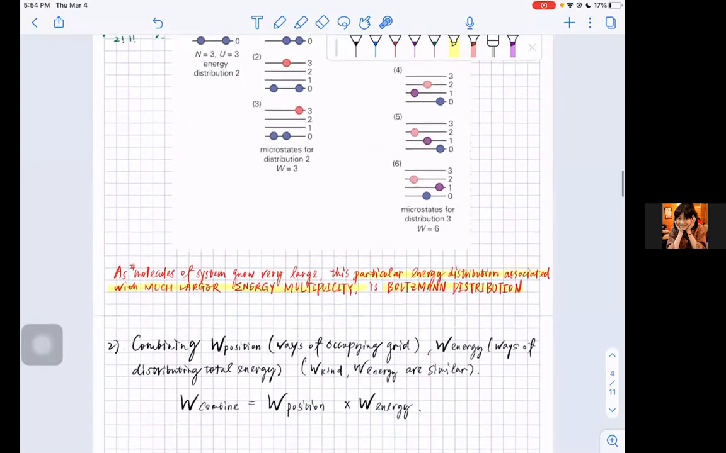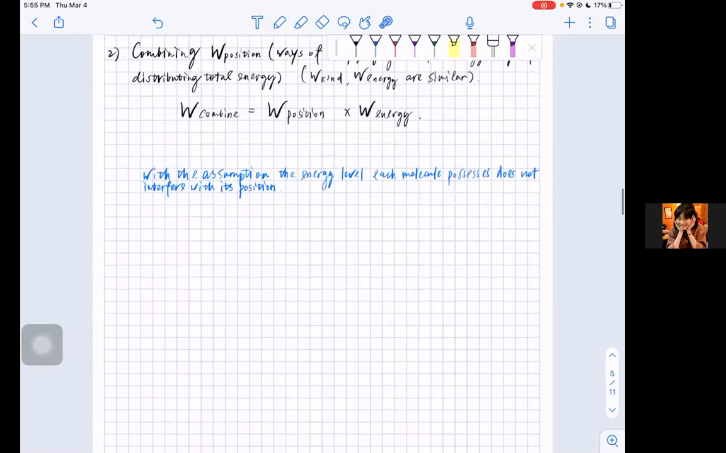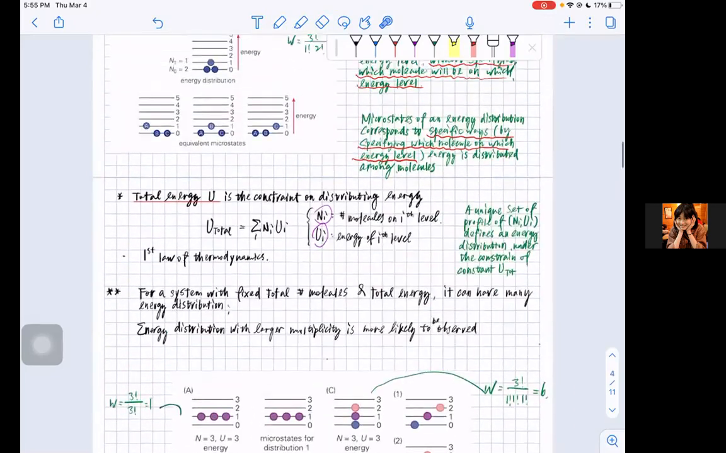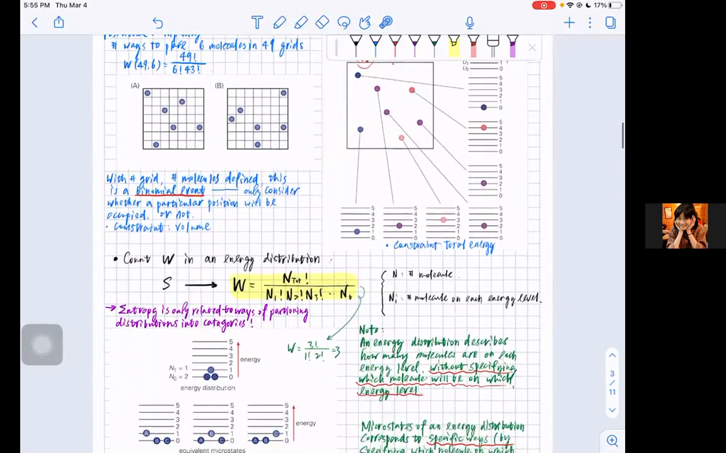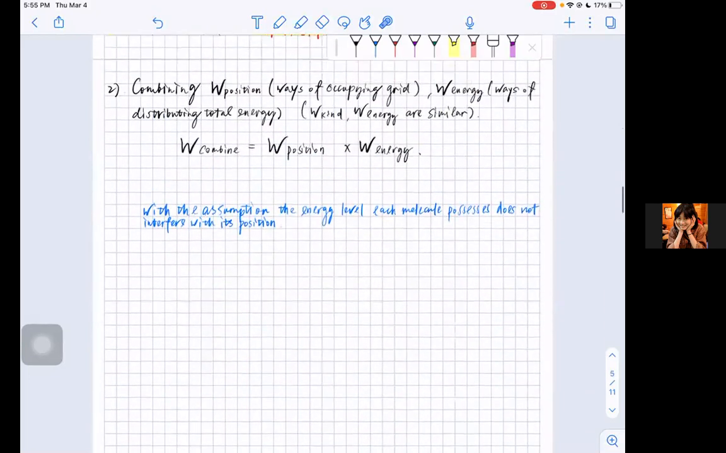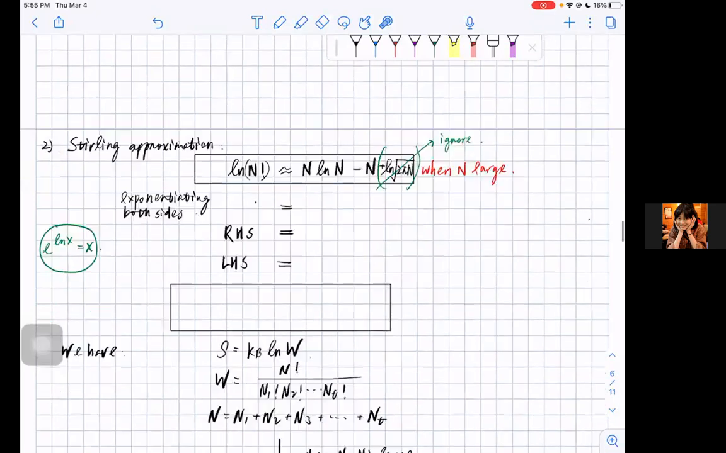And if we add the multiplicity of energy onto our previous consideration of multiplicity of position, and we know multiplicity is multiplicable, so the combined multiplicity will be the product of the two multiplicities. Okay. So now we have this expanded definition of multiplicity. If we want to plug back into our statistical definition of entropy, which is S equals